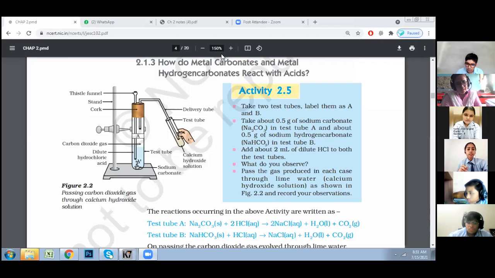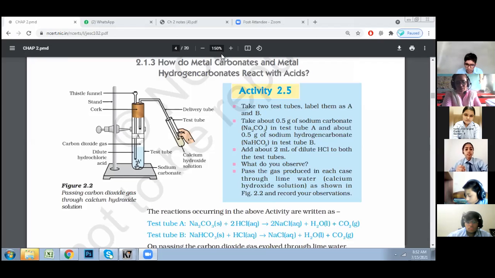Yes, very good. Na2SO4 will be formed, beta. Why Na2SO4 will be formed? Ma'am, because the valency of SO4 is 2. Yes, because the positively charged sodium ion will react with sulfuric acid's negatively charged ion, the sulfate ion. So it will form Na2SO4 plus the rest of the product will remain the same.